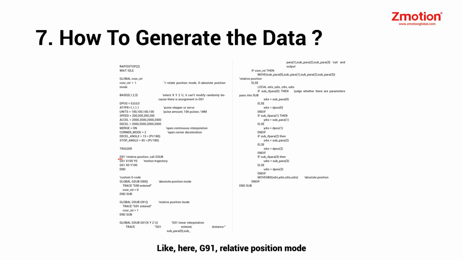Like here, G91, relative positioning mode. G01, linear interpolation. Here, XY for passing parameters. X100 means the first axis moves 100. Y0 means the second axis moves 0. The program is scanned from up to down. When arrived, the corresponding subfunction will be called. For example, linear interpolation. Use move to execute the